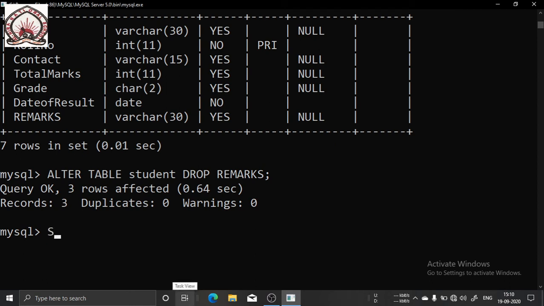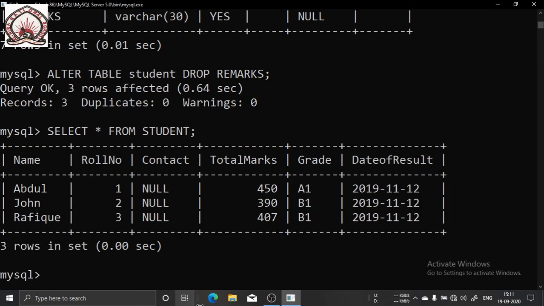You can check it by using select star from table name student. See, my remarks column is deleted. You can also delete more than one column like this. Suppose I am going to delete contact also. So it is alter table student drop column contact, semicolon.